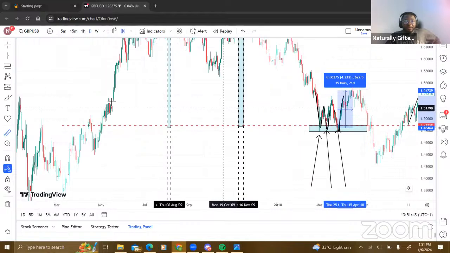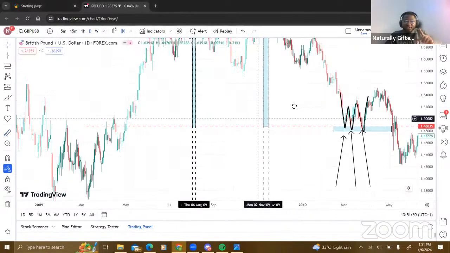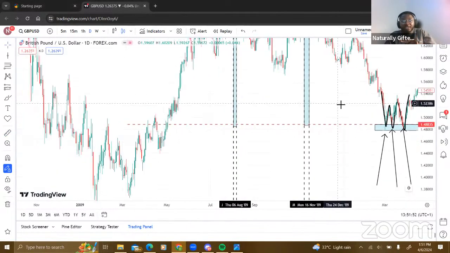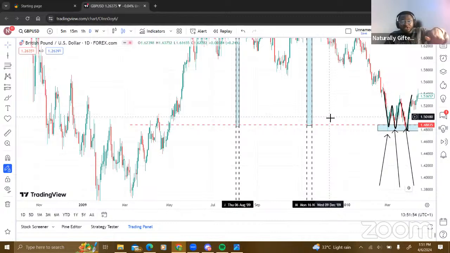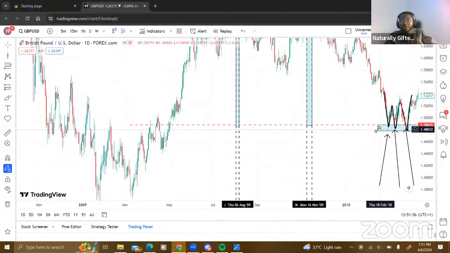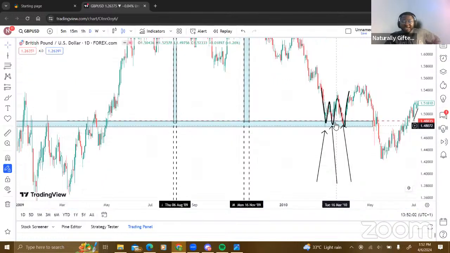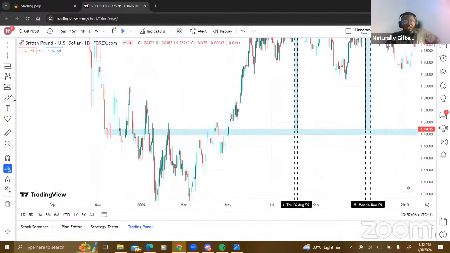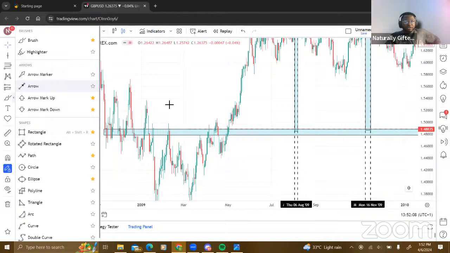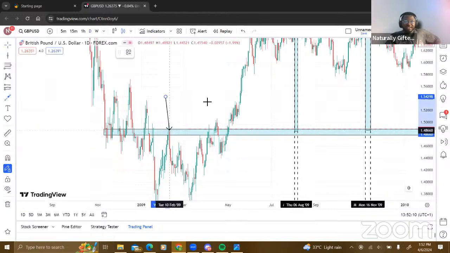And if you go back in time, ladies and gentlemen, look at this. I said something earlier. I said whatever market is doing today would be a repetition or a reversal of what it's done in the past. Let's drag this back in time. Do you see that even though this space is a support area here, a support zone, did you notice how it was a resistance zone? Yeah. This is the reversal.